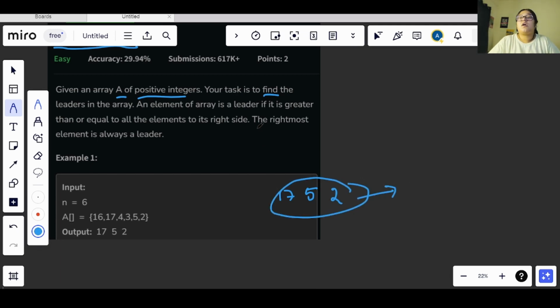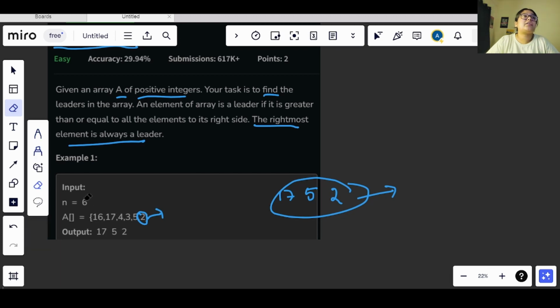As I said, the rightmost element is always a leader. Now how do we approach this question? While we were seeing the approach, we took a number and started comparing it with all the numbers.